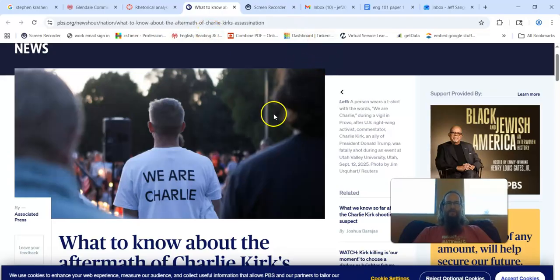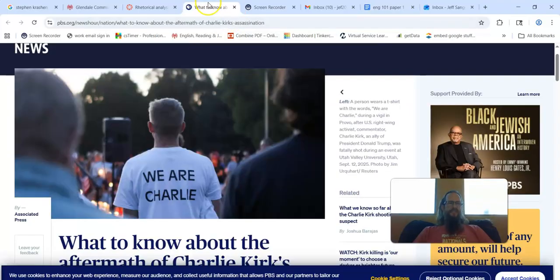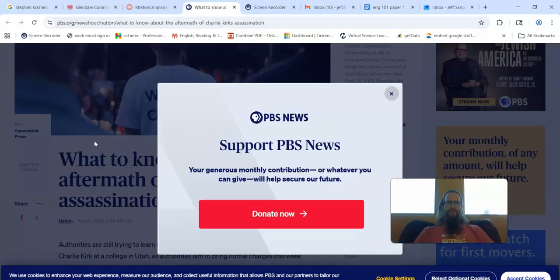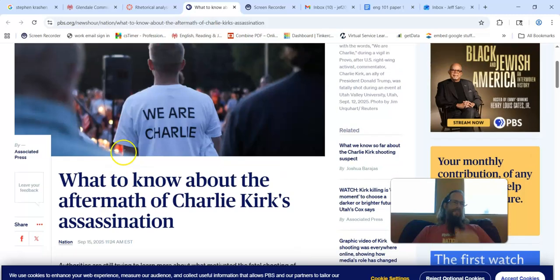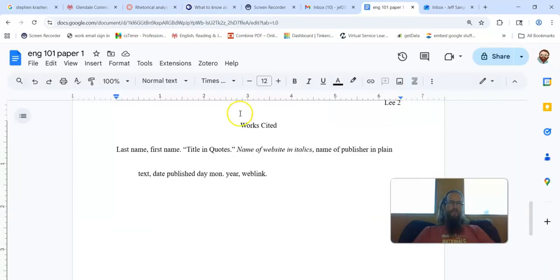Okay, so I'll be jumping back and forth between the article and the citation because I'm going to create a citation for it just like this. Okay, so the first thing is the name. And this one's a little funky because if you look at the top by the title, it says by Associated Press. So that's called a group author. But it doesn't have to be hard. Instead of writing last name, comma, first name, we just type Associated Press.